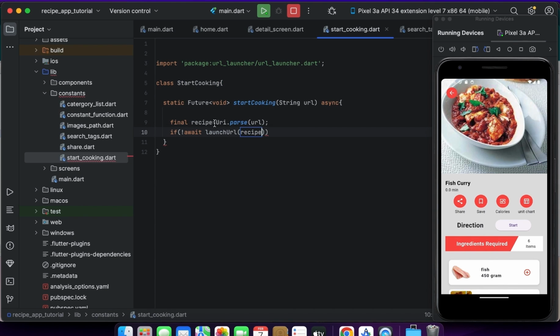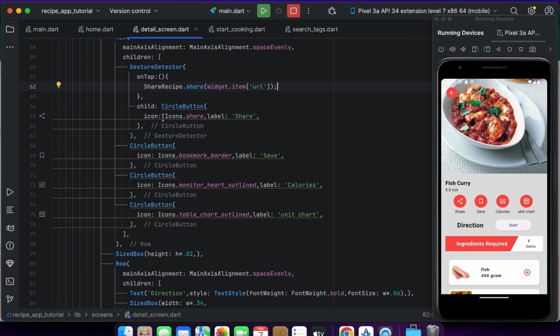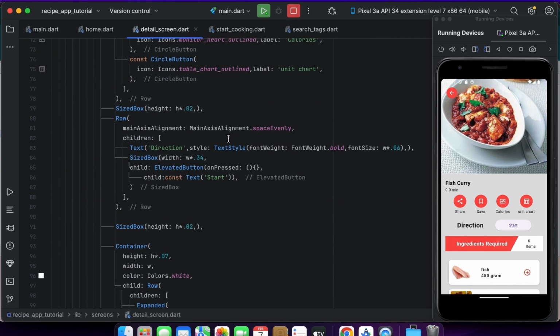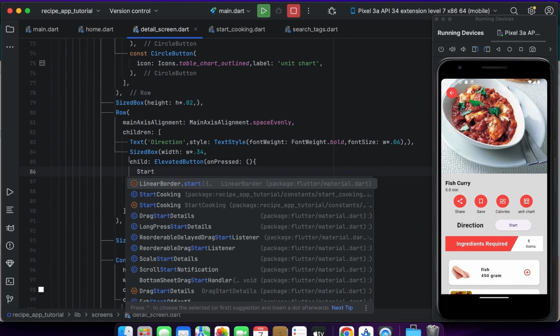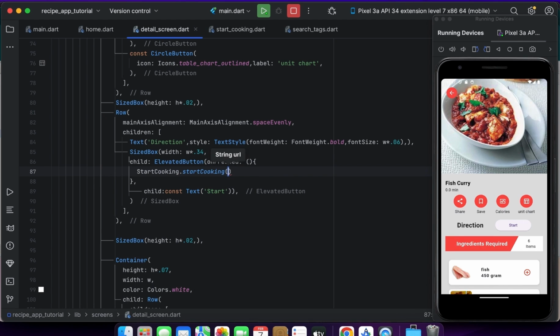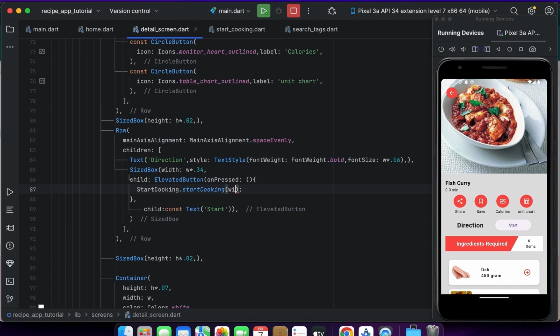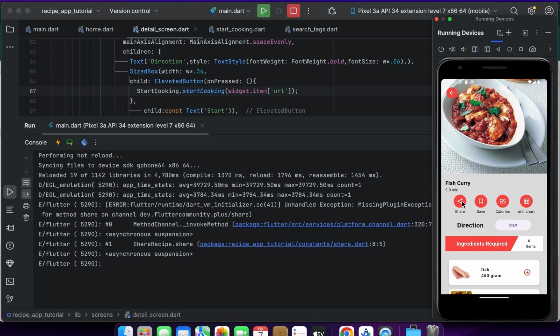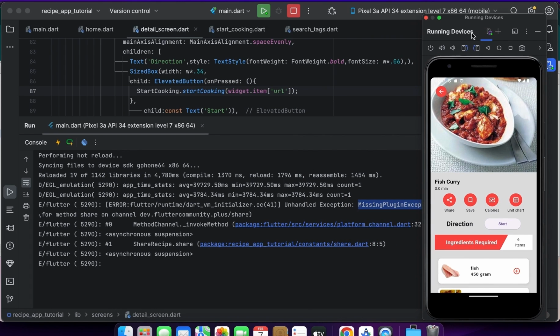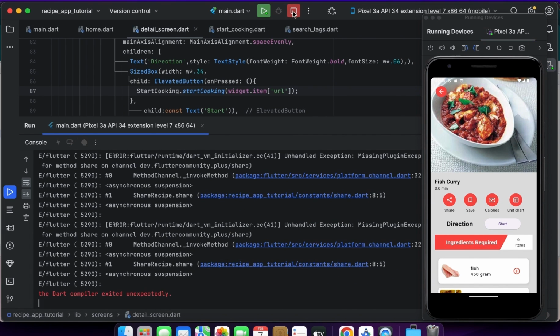And while tapping on the start button, here you will use the navigate to the recipe URL, and the exception could not launch. अच्छा, आपने अगर अपनी ऐप से किसी भी वेबसाइट पर जाना है, मतलब जब यहाँ पे हम टैप करेंगे इस स्टार्ट कुकिंग बटन पे, तो ये हमें नेविगेट करेगा एक वेबसाइट पर। तो जब भी आपने अपनी ऐप से कहीं वेबसाइट पर जाना हो ऑन टैपिंग, तो आपने यूआरएल लॉन्चर यूज़ करना।